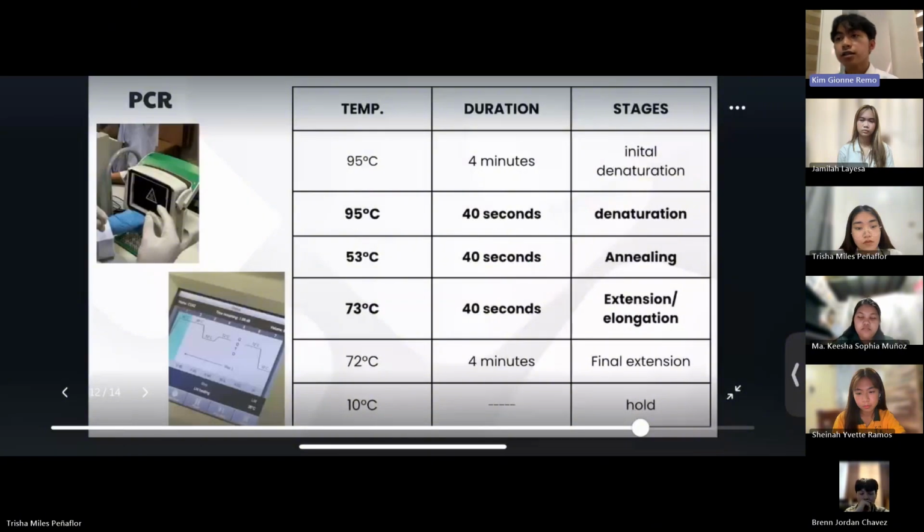For this whole stage, if it is done initially, it runs for one cycle. But for 50 microliters of our samples, we need to run it for 25 to 40 cycles, and the whole PCR program takes about 2 hours. In one cycle, there are two copies of DNA. So if it continues for 25 to 40 cycles, the DNA product is ready for analysis in the next stage.